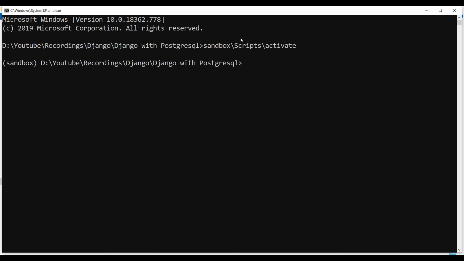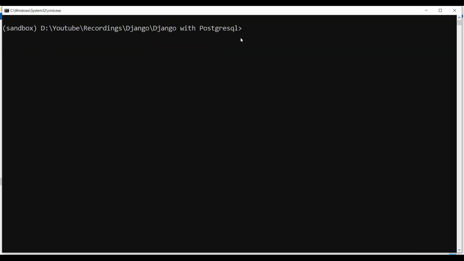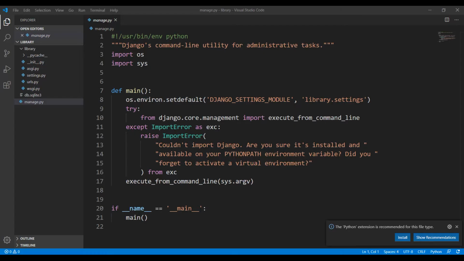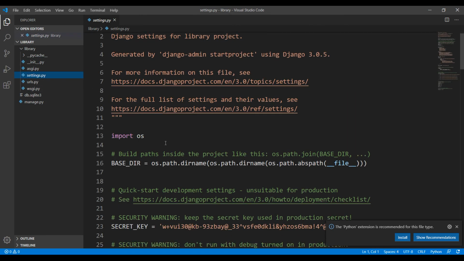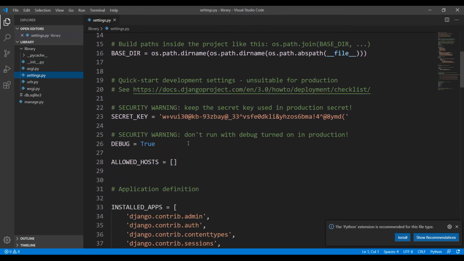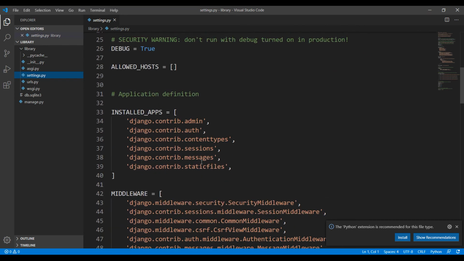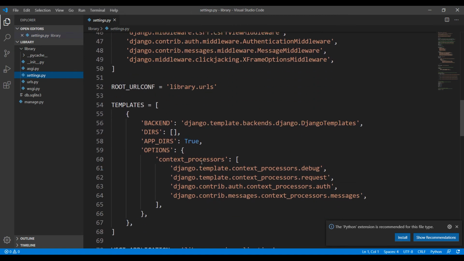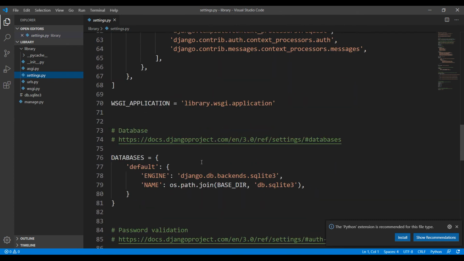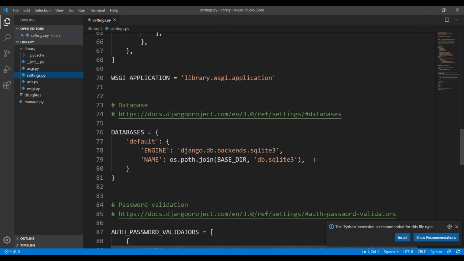Once this is done, we will come to our settings file, and by default it gives us a setting to work with the SQLite database. So basically we have to change this database connection to point it to our new PostgreSQL.